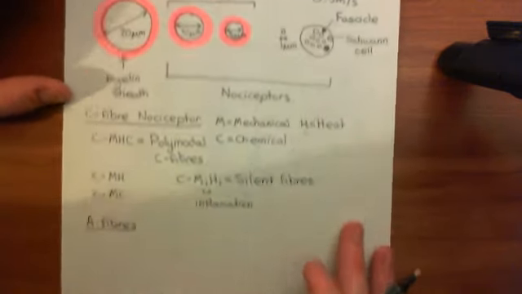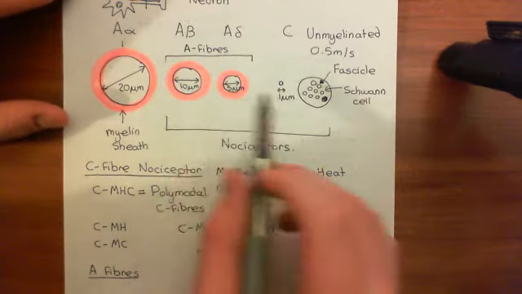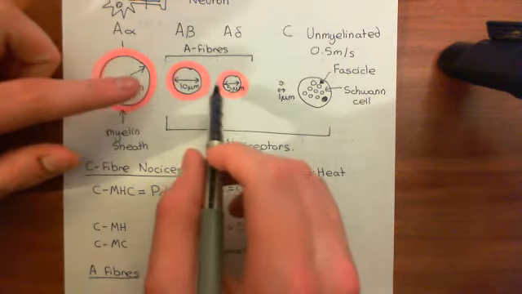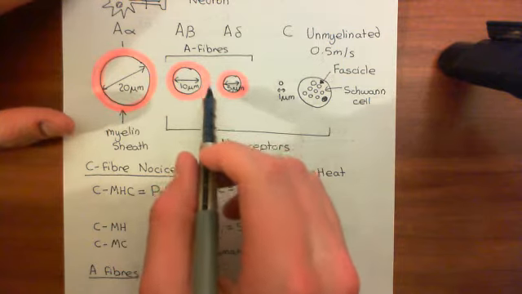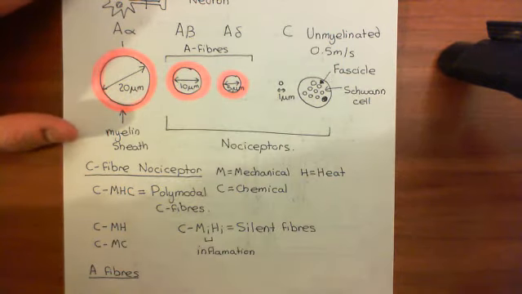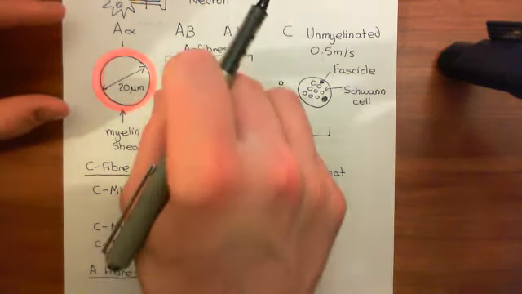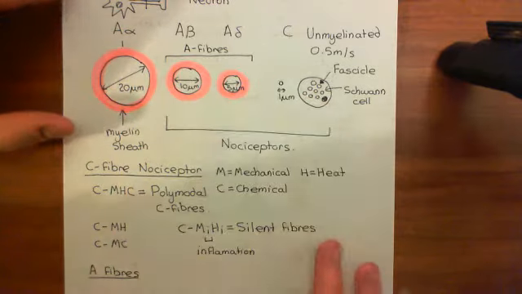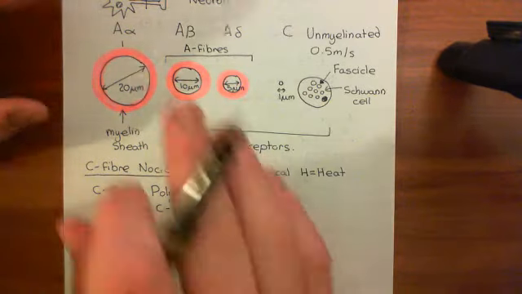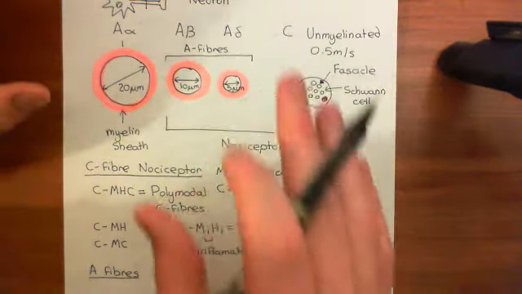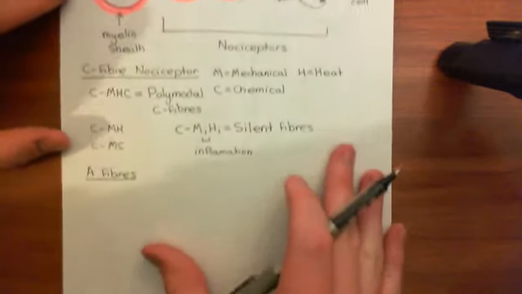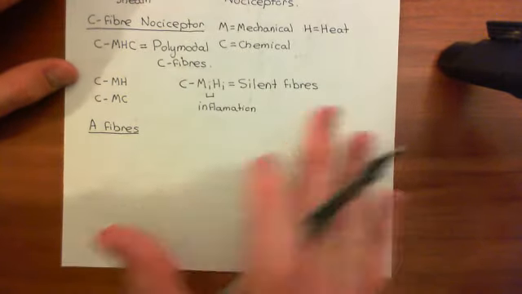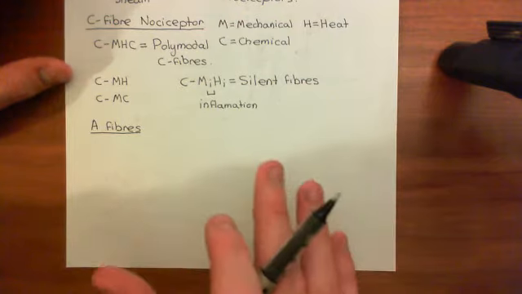Okay, and nature isn't this discrete, it's much more continuous. There will be neurons in between, there will be neurons of 7 micrometers in diameter. It's not like all the neurons are either A beta or A delta, it's a continuous spectrum. We make these classifications to simplify things down for our minds. Okay, right, so let's now talk about the A fiber